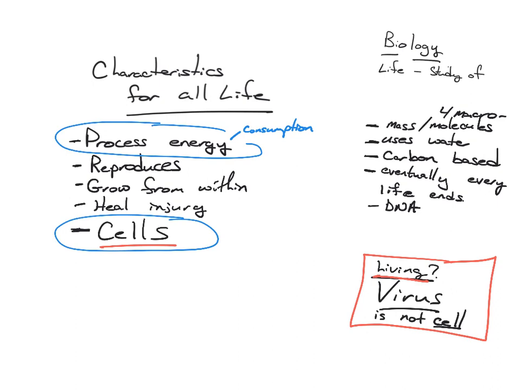Remember we said DNA is the code that's telling the cell what to do? Well, these are like little packets of information that come and steal your cells and tell your cells to do something. But that's all they are. They're not actual cells themselves. They can't process energy, and we'll look more at what processing energy means.